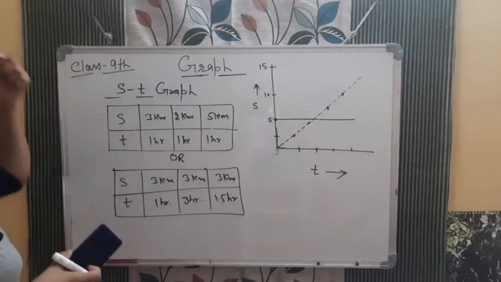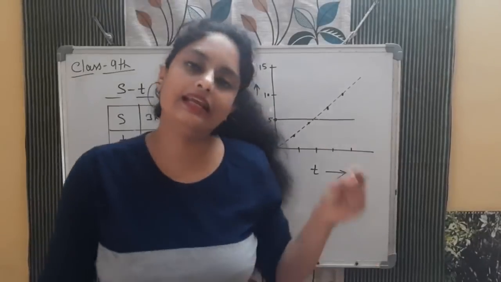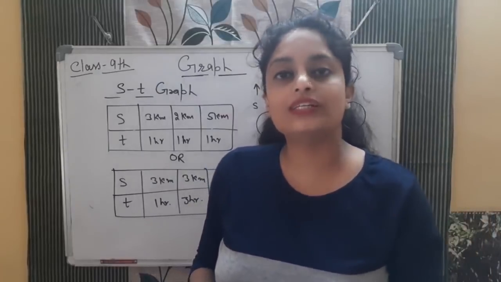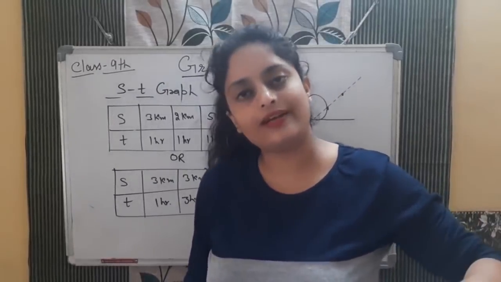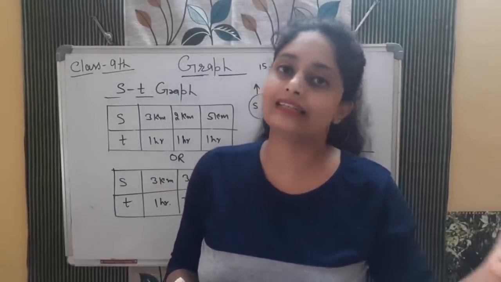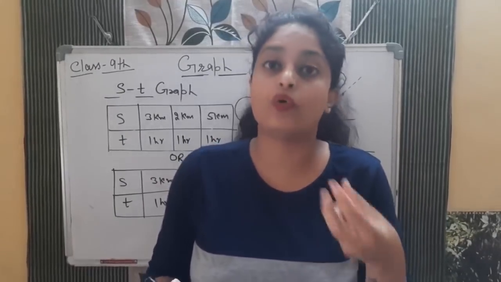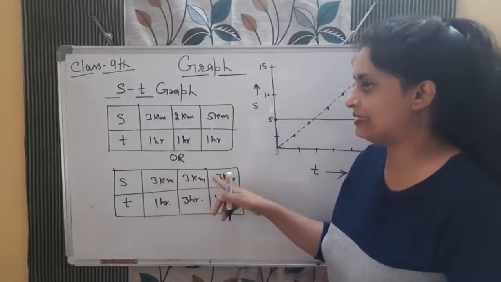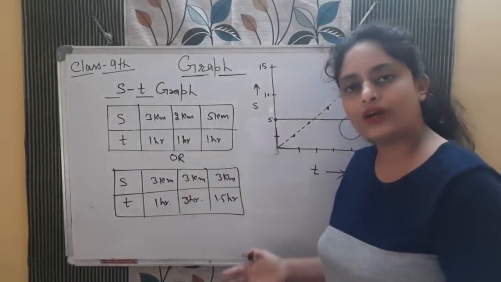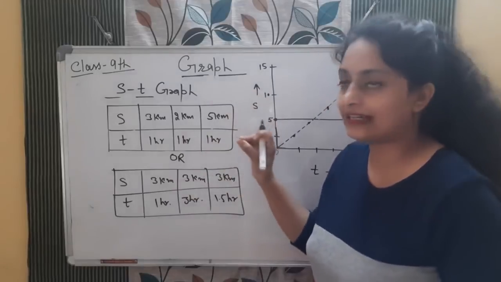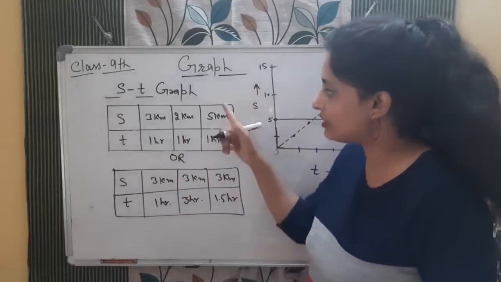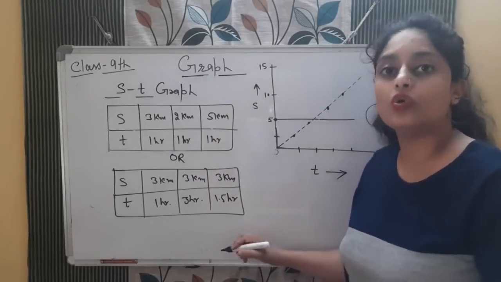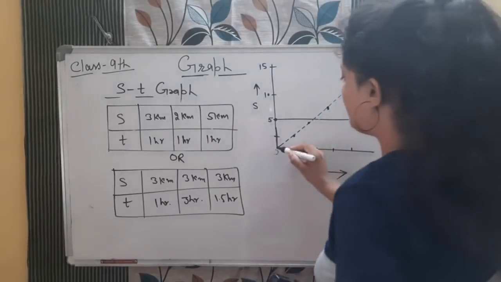So what we can see that when out of time and distance, any one physical quantity is unequal now. It means object is covering equal distance in unequal interval of time, or unequal distance in equal interval of time, or we can say both the quantities are different. Like sometime it is 3 1, it is 2 2, it is 5 3. So both the quantities may be different, but it is a condition that out of 2 one should be different. So in that case it is known as the non-uniform motion, or we can say object is moving with no uniform speed. So in that case what will be the graph?